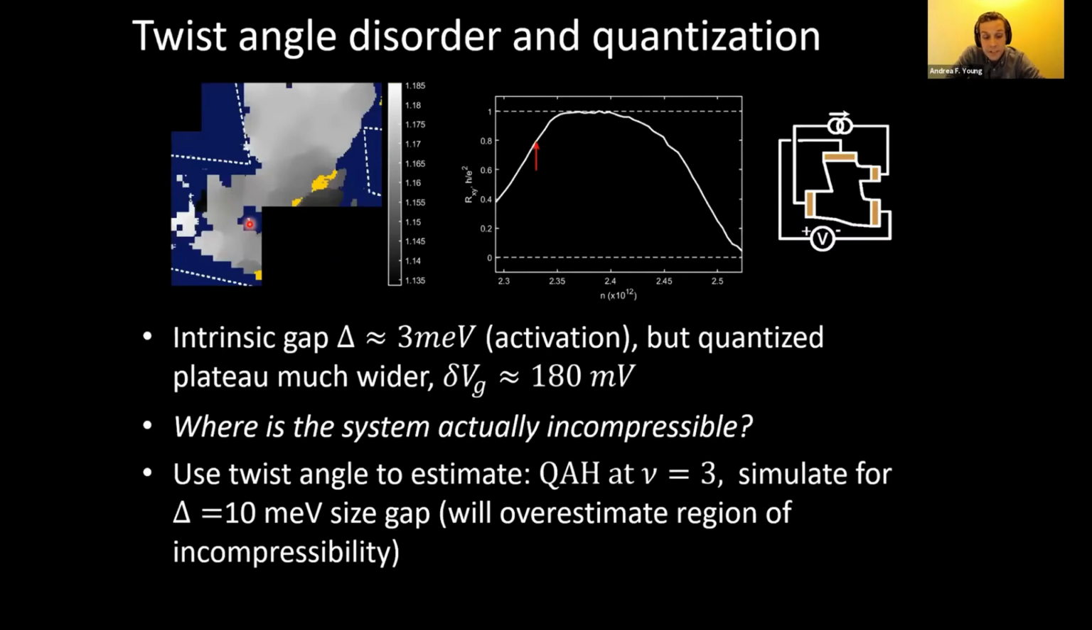So you have this intrinsic gap, which might be a few milli electron volts. And so in a clean system, and we see this in quantum Hall all the time, if you have a gap of 3 MeV, the width of your plateau should be 3 MeV in gate voltage. But actually this is several times, tens of times bigger than that, maybe 20 or 30 times wider is the width of this quantized plateau. So to try to understand what's going on, what we can do is